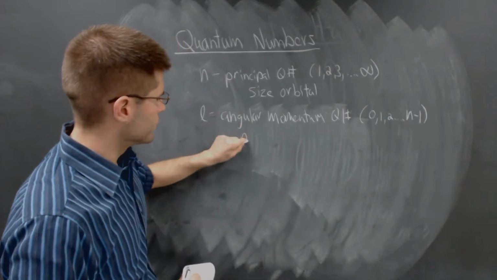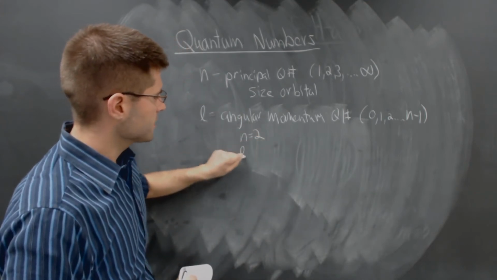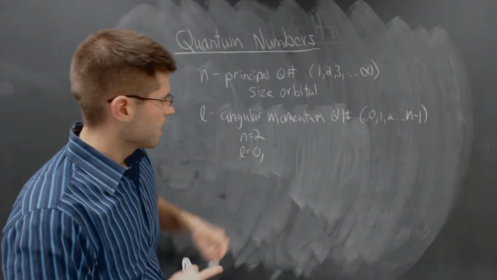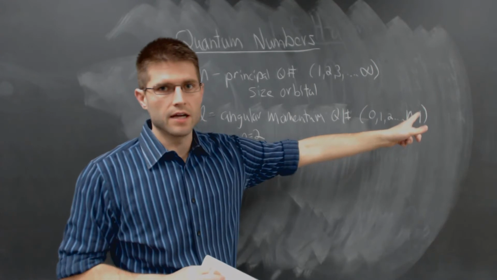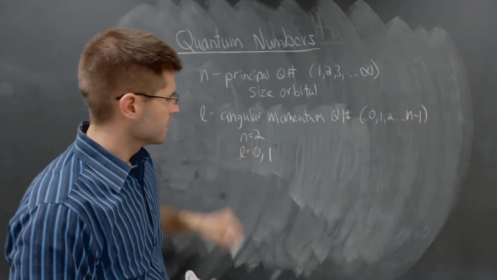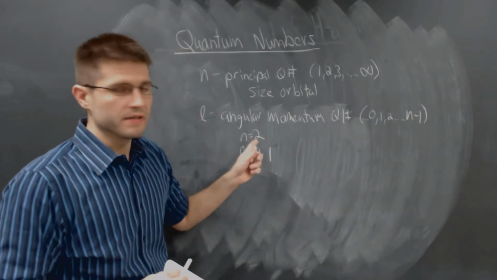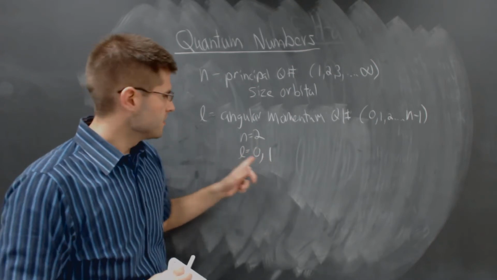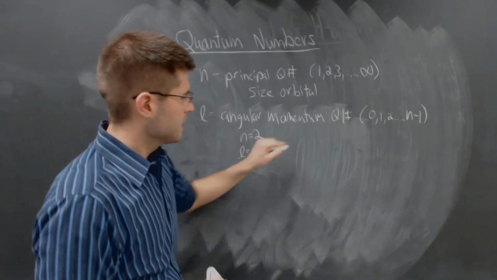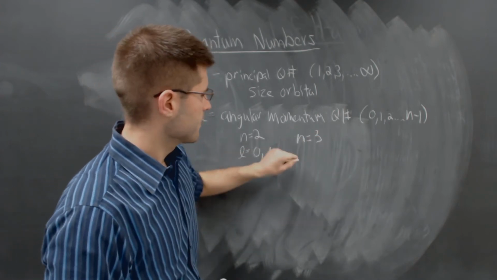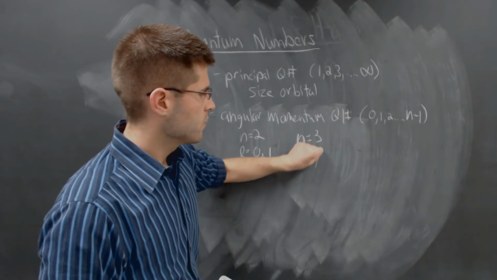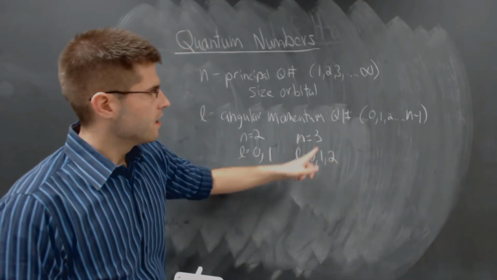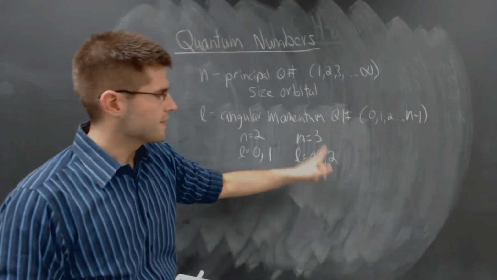If n is 2, L can take any value starting at 0 and moving up in whole number increments until n minus 1. In this case, n minus 1 would be 1. So we only have two values for L here. We have a 0 and we have a 1. If n was equal to 3, L could take 0, 1, or 2. So as you can see, it goes up in increments, and it can only go up to n minus 1